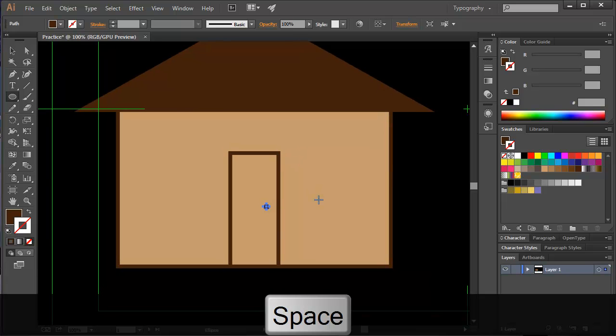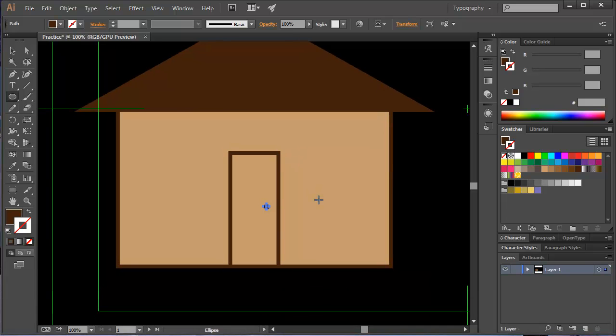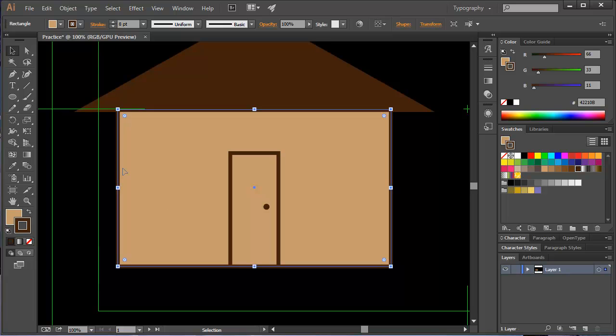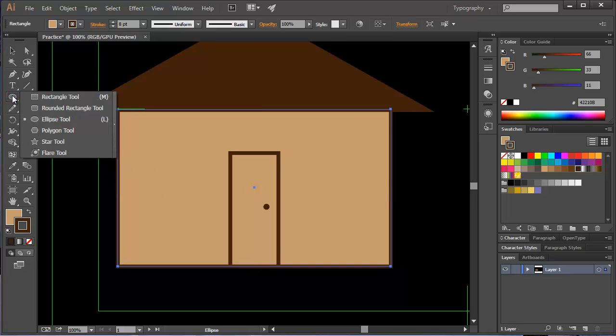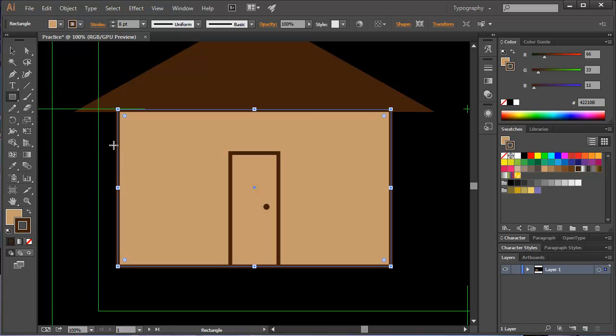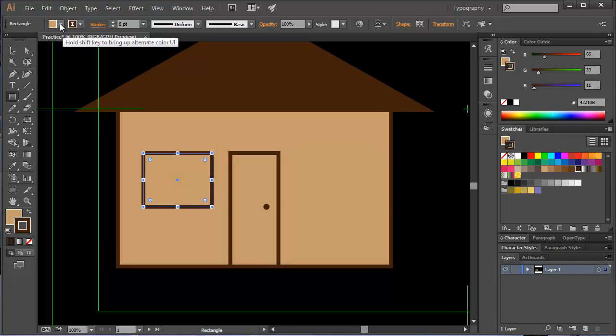Okay, next we need a window. Alright, so in order to do this, let's use our old friend the selection tool to get this house shape that we had before, and we go back to the rectangle tool, and I'm going to start drawing out a window. There we go, something like that. Great. Okay, I'm going to change this up a little bit though. I want to change what the inside looks like here, so I'm going to click on the little down arrow